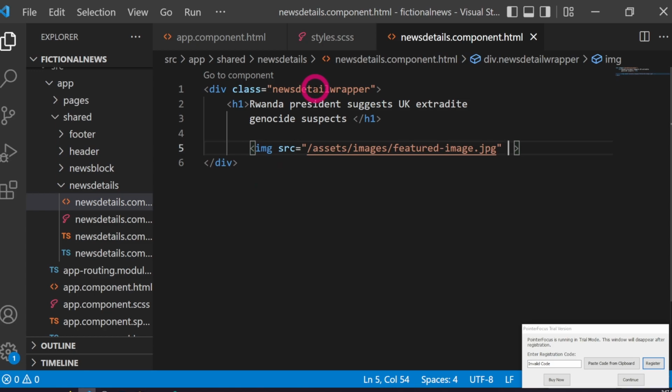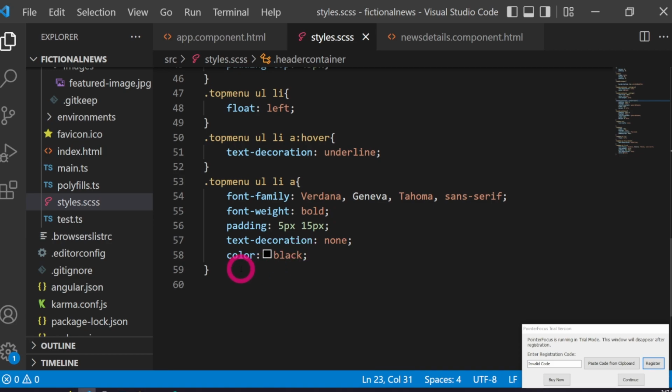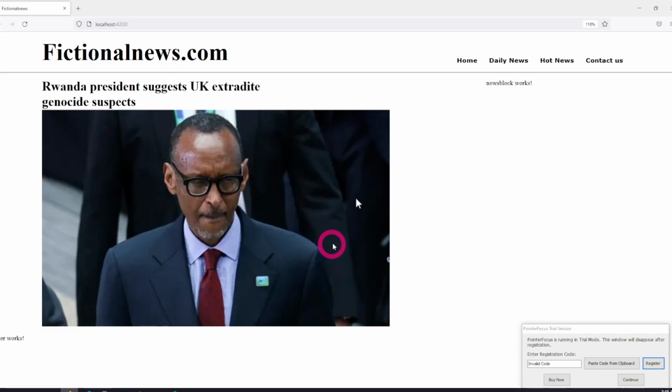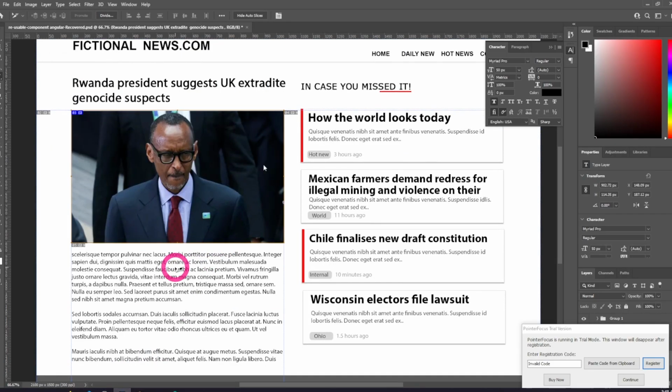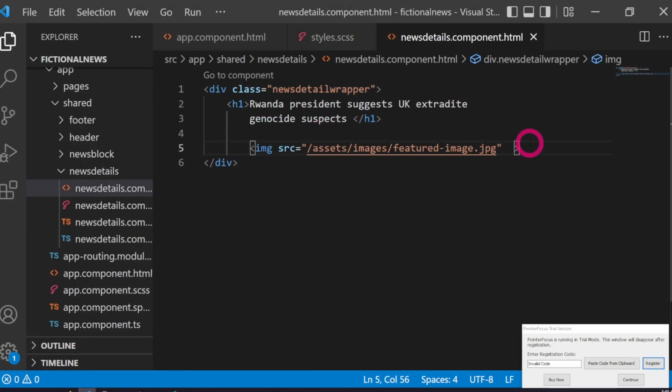Okay, so let's see, news detail. So this class, I'm gonna put that. So for large screen, it should be 80% or 70%. Then for small screens, it's gonna be 100%. And then let's go pick this next one and just make it align nicely. So this should be good. So I'm just gonna go pick details here, and then use details after the image.